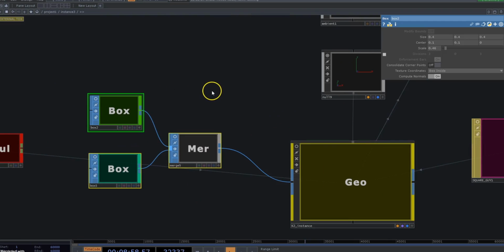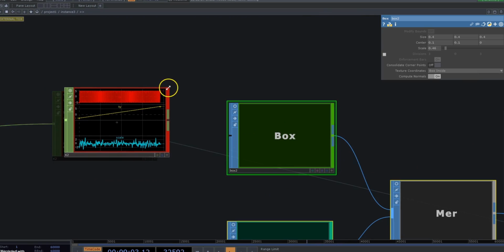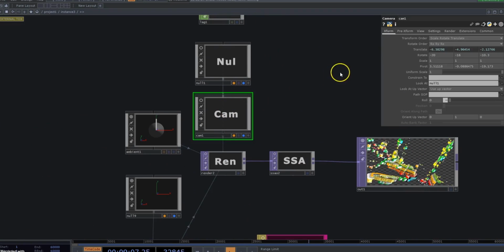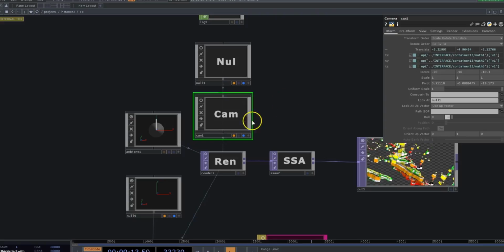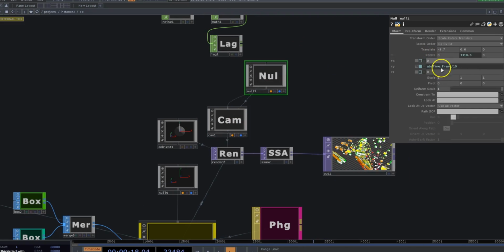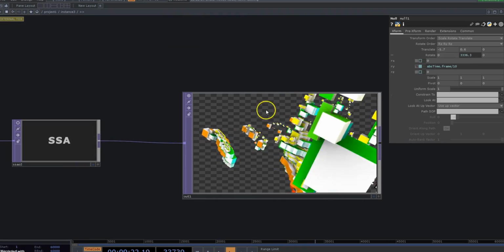These are the objects that we're instancing, and this is the compiled channel network for the instance. This virtual camera has all your positions that you can control here. You can also add more movement with this null like I did here, that's spinning constantly on Y.